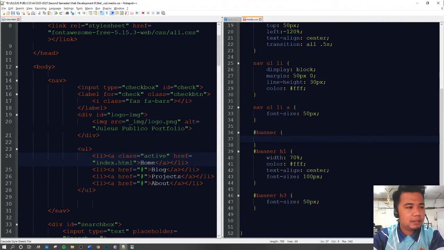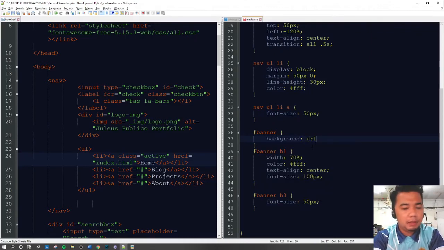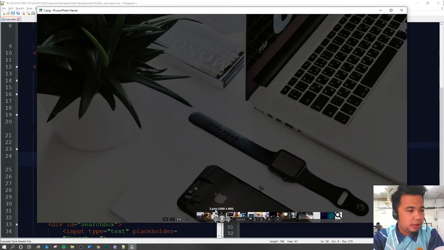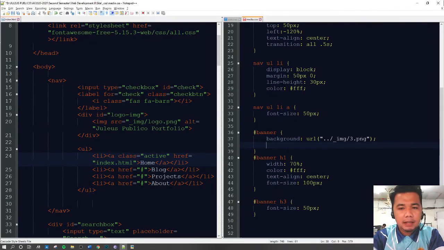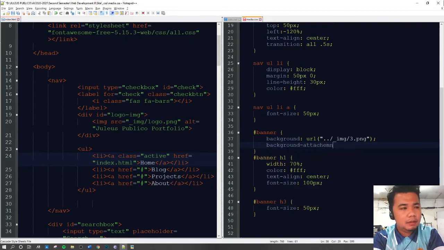And then let's change the background to this URL. Let's set the location. And then dot slash the folder name, which is underscore img. And then 3.png. Okay. Let's check if it's 3.png. Oh yeah, 3.png. And then let's set the background attachment